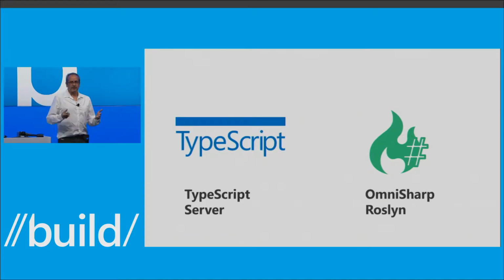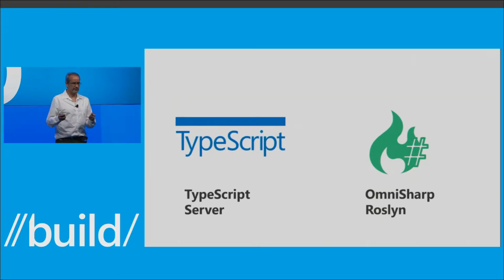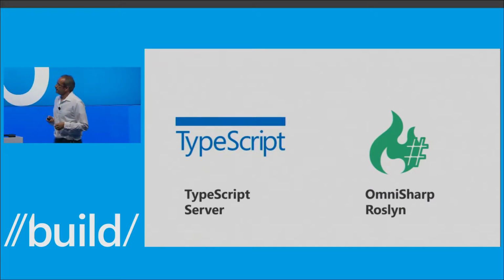Now, when I say leverage, that means, of course, we're not just consumers, right? So we really actively submit pull requests to both of them, and have one developer working on TypeScript almost full-time, and one on OmniSharp Roslyn full-time. So it's really a pull request-based give and take culture. So